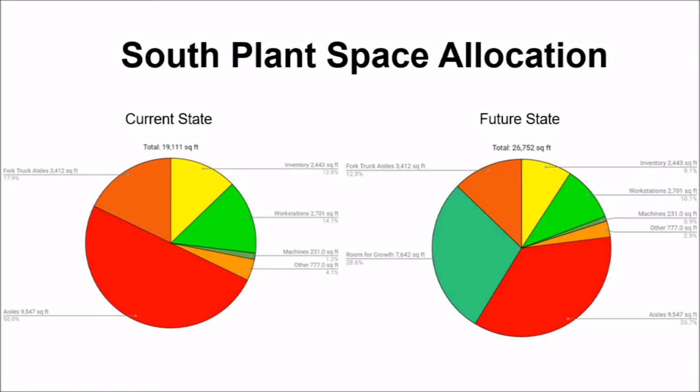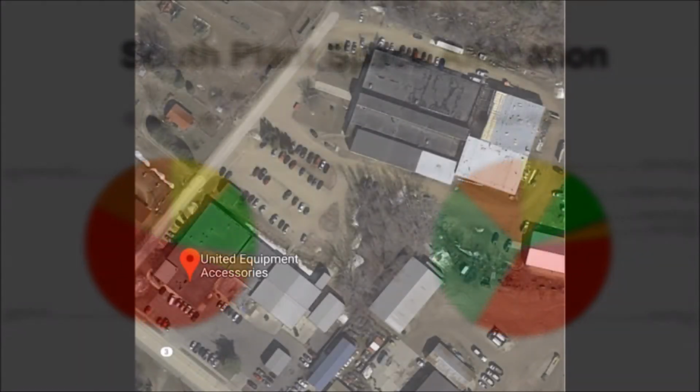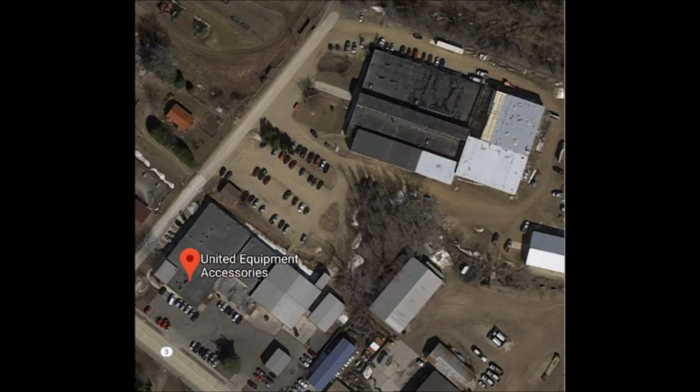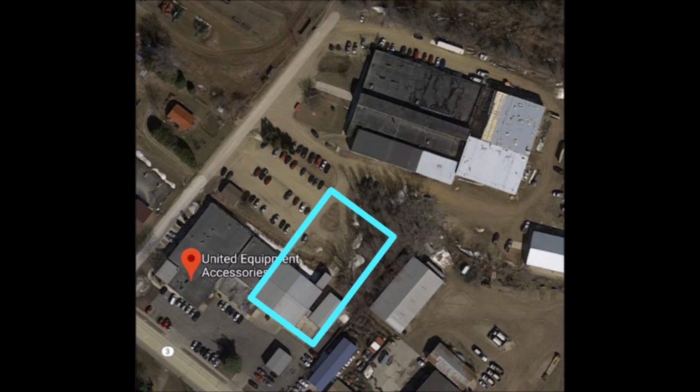We were able to meet our objectives for space reduction. The inventory footprint was decreased by 19.6%, while the total operations footprint decreased by 23.3%. We were also able to provide UEA with 7,642 square feet for gross space, which is 28.6% of the space